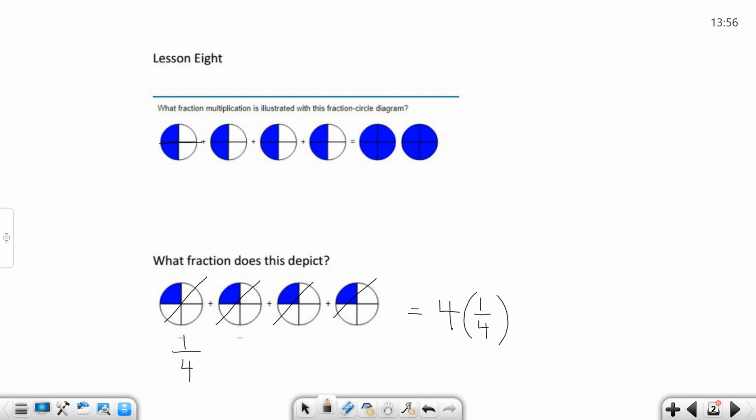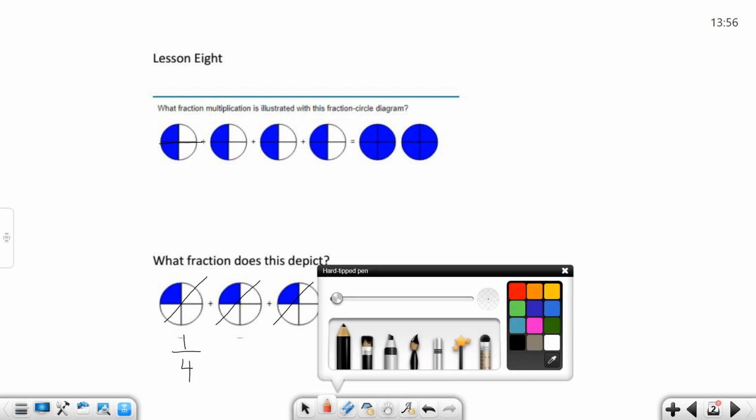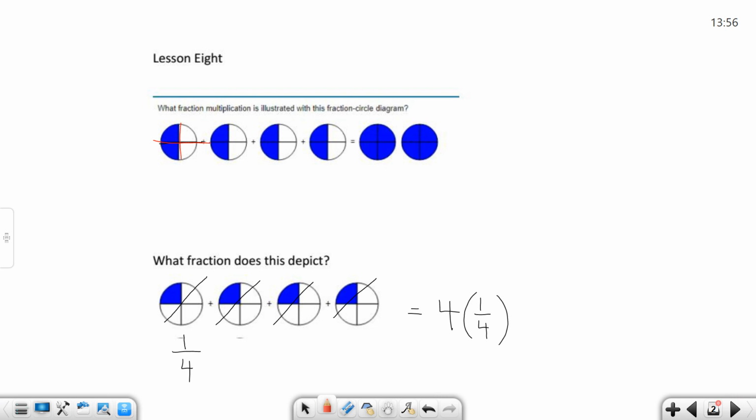They have this circle here. Let's use a different color. They have this circle here divided into 4 pieces, 1, 2, 3, and 4. And what you'll see about this first piece is that 2 pieces are shaded, so that's 2 out of 4. So 2 pieces are shaded in this one, and this one, and this one. So the way they want you to write it is they have 4 times 2 pieces out of 4 are